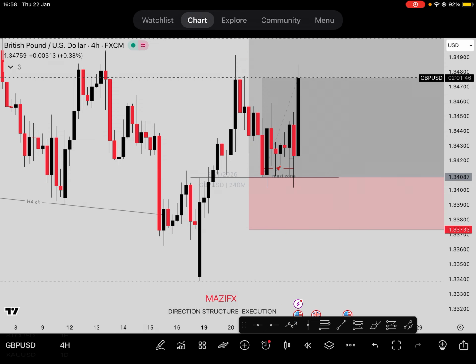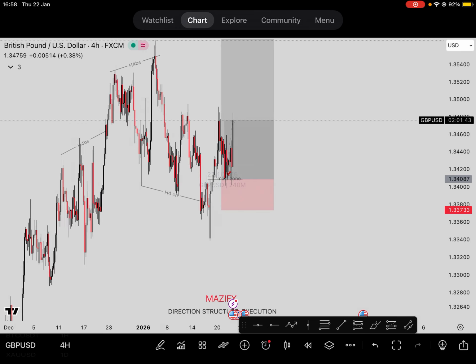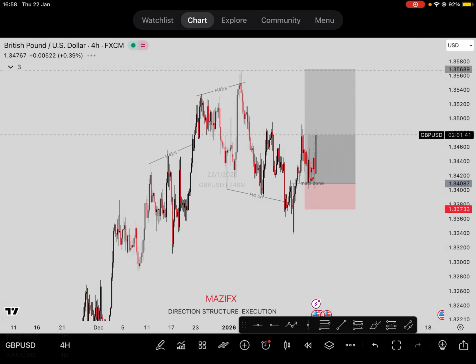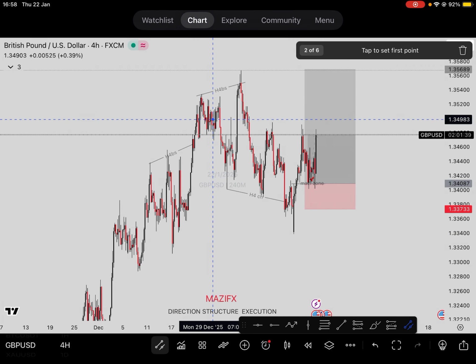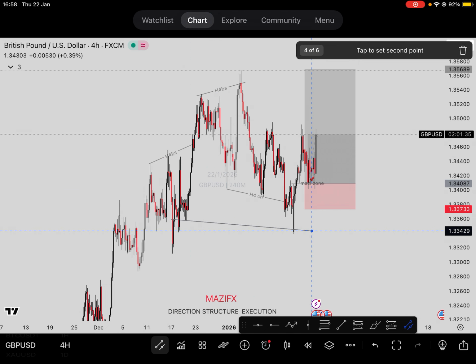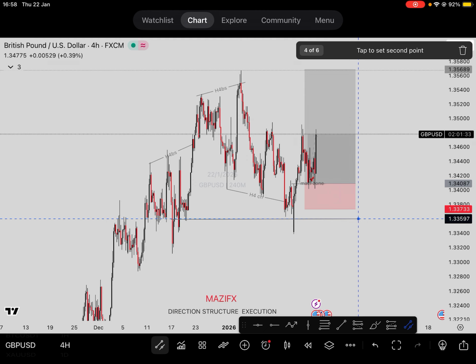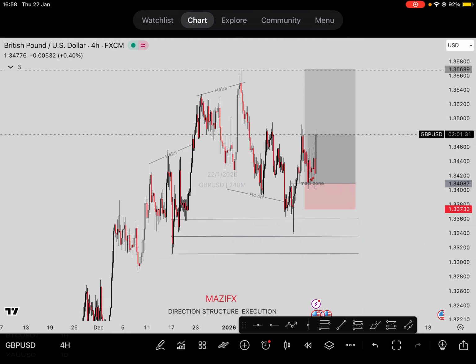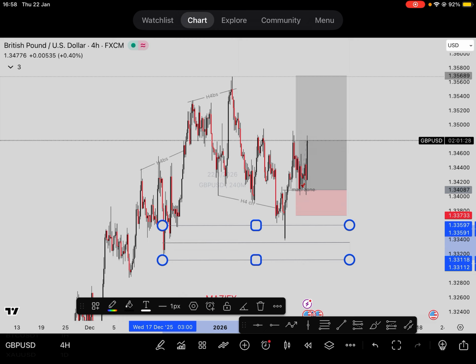And I started buying. And not only that, it also aligns with the second thing I told you guys just now: that after my first structure fails, I aim for the second one to buy, for price to buy from there. And if you can see, it also aligns with my buyers on 4 hours. So two things are now in confluence.